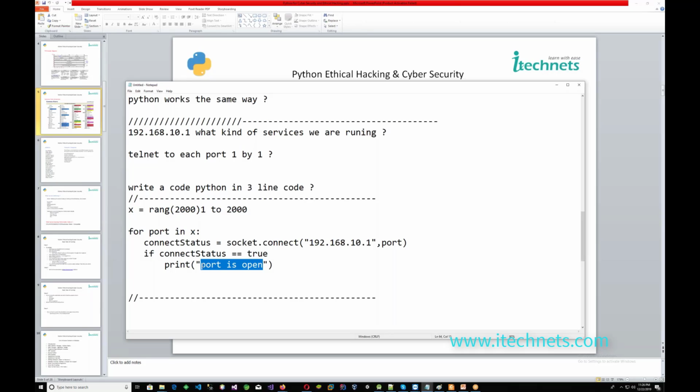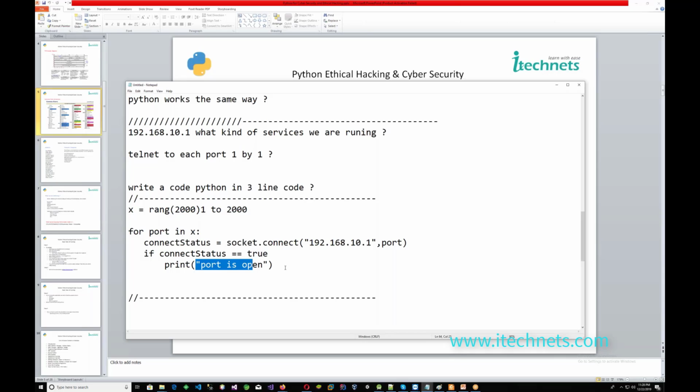Did everybody understand? Whenever you try to connect with an IP, you connect with the socket, and this is called socket programming. You connect with the socket on port 80, you will get HTTP. You get a socket connection on 21, this is what telnet is, 21 or 22 or 23. If you have SSH, then it could be secure shell. So when I try to connect from the range of 1 to 2000 to an IP, and if it gets connected, then you have the connect status true. If this status is true, then the port is open, else the port is closed.